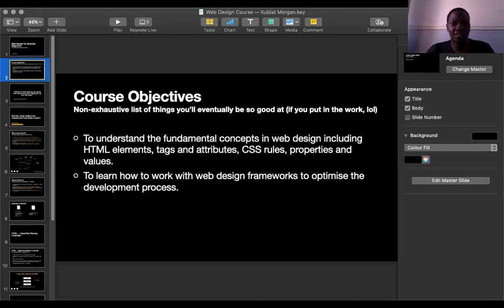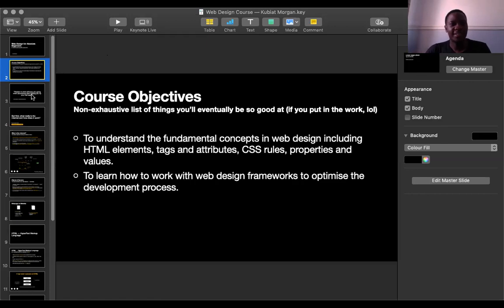So this course is aimed at helping you understand the fundamentals of web design, from HTML elements, tags, and attributes, all of which you get to know as we proceed in the course, and also to learn how to work with web design frameworks to optimize our workflow.